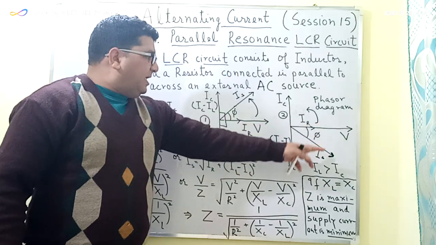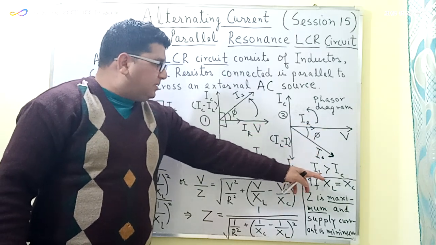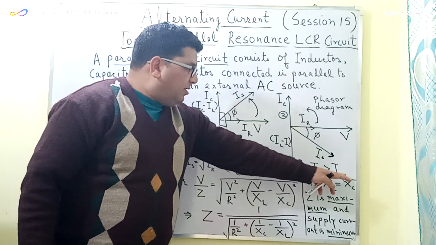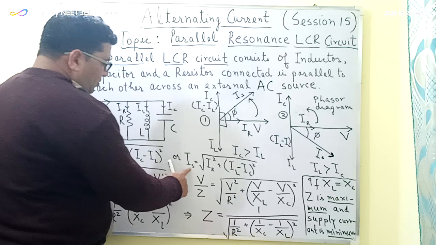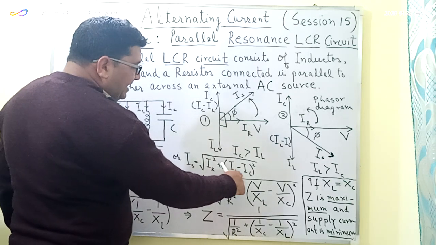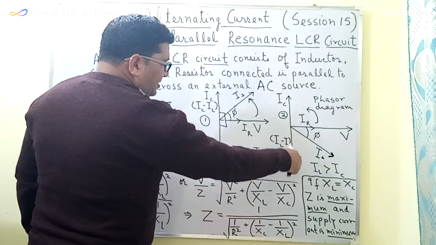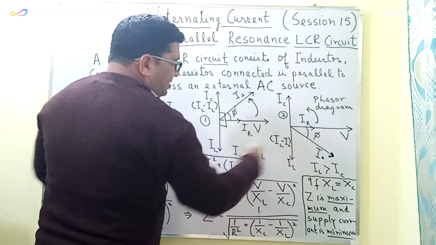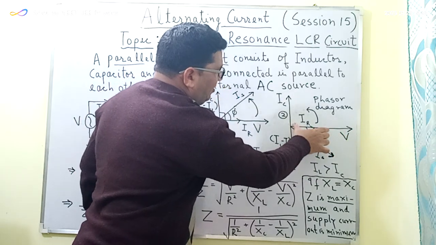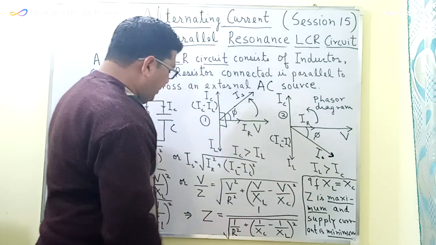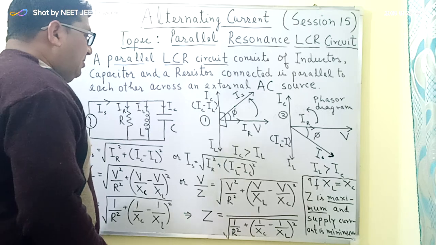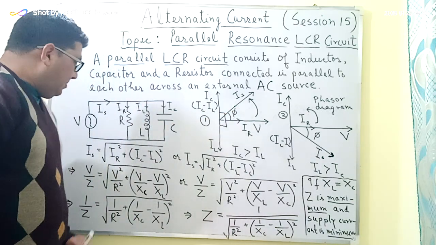Similarly, ये phasor diagram है for the condition when the current through the inductor is more in comparison to the current through the capacitor. So उस केस में supply current की value हो जाएगी under root of IR square plus (IL minus IC) whole square, because in this case the net current will be in the downward direction. So this will be equal to IL minus IC, and this will be equal to IR. So by using the Pythagoras theorem we can find the value of IS. This is the value of IS in the second case, and here phi is the phase angle.